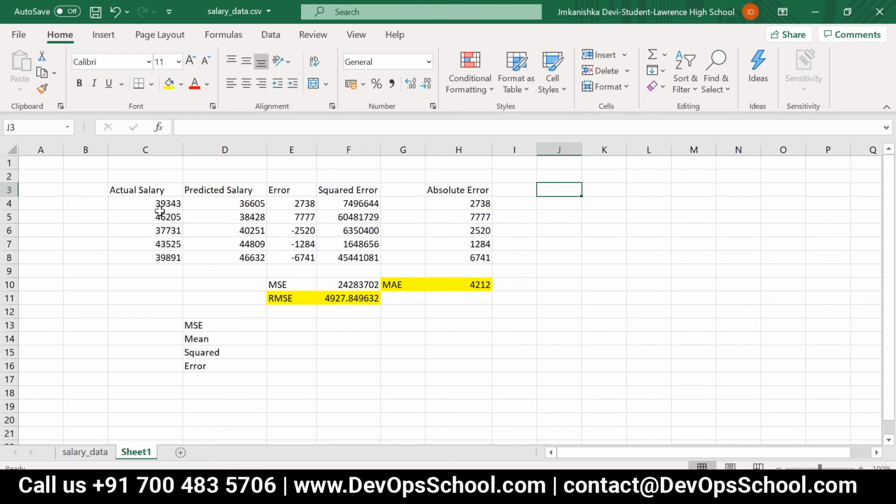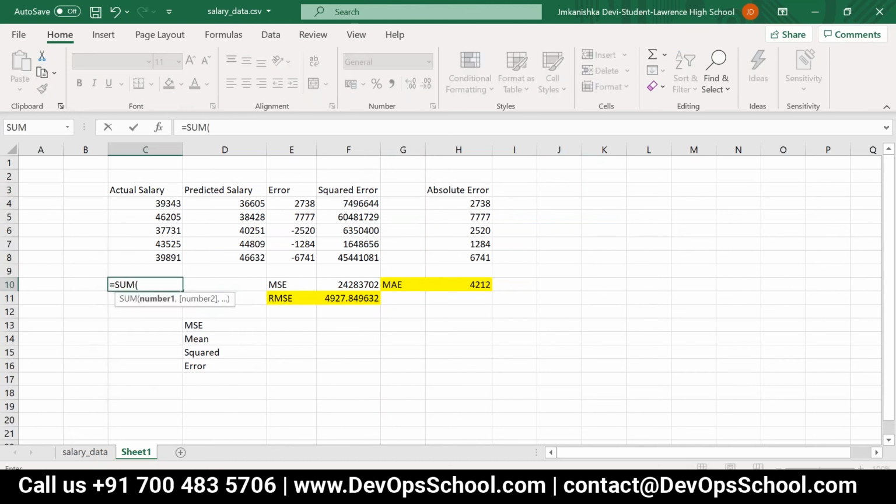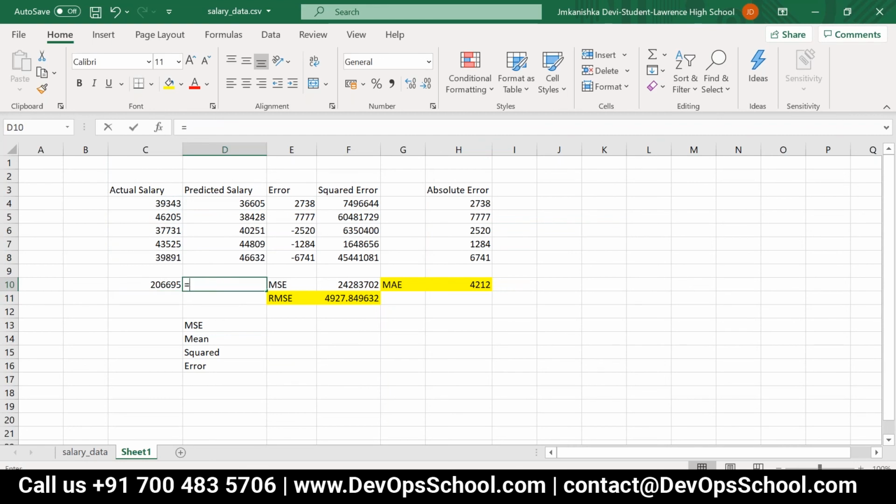If I take the sum of everything, and then again the sum of everything, then what is the difference between this?